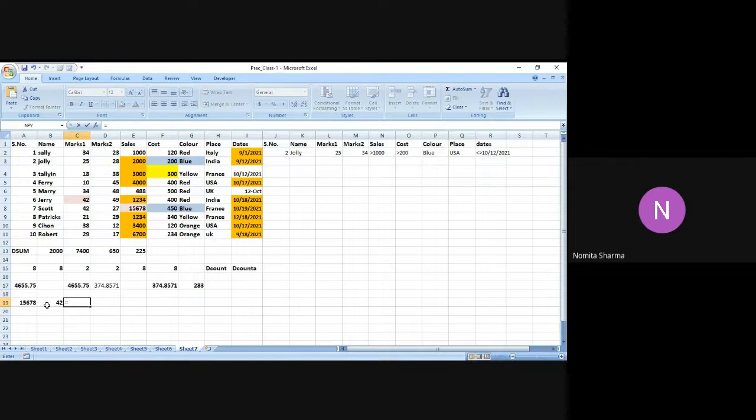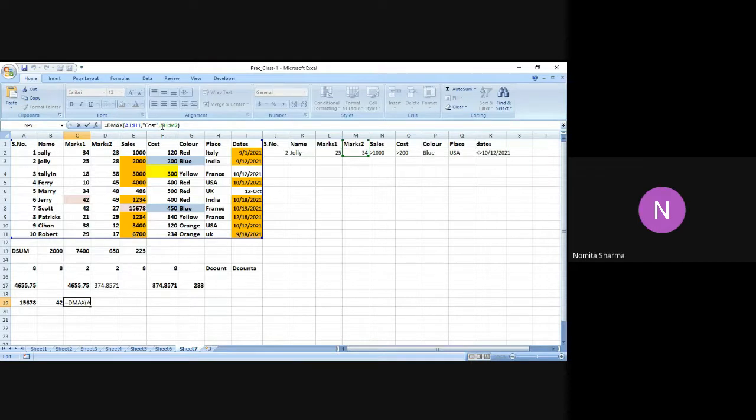Let me do it one more time. So I say dmax. I select the whole database one more time, and this will complete our database function. So this time I want to have say the field as cost, and the criteria is say this. It is going to give me 0 as the answer because indeed the criteria is not matching with any particular thing.